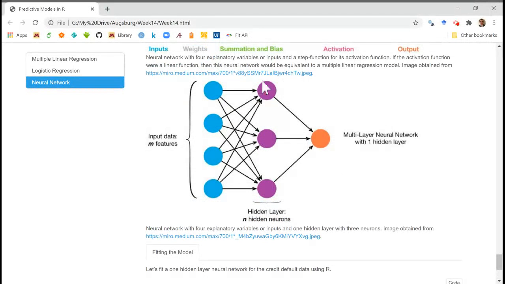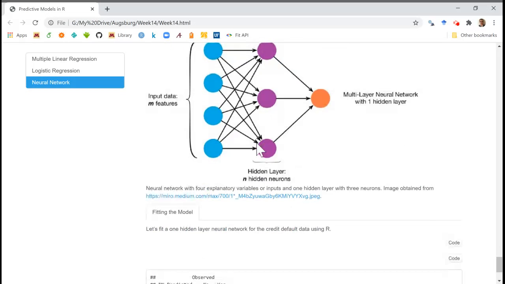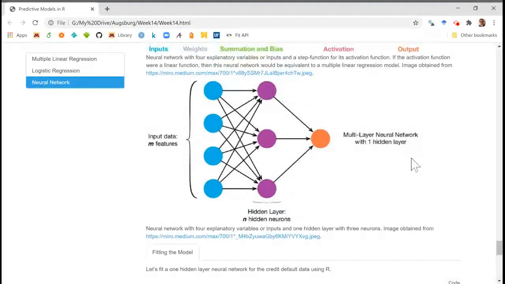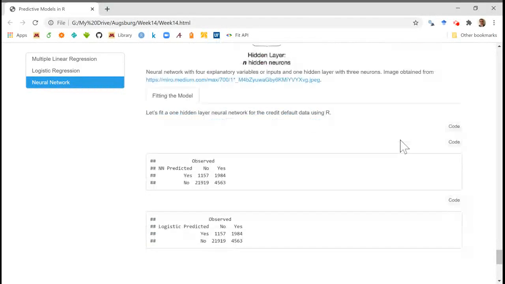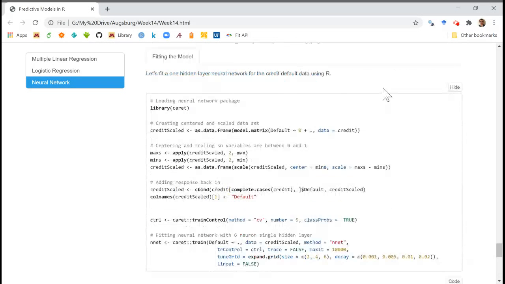So I'd like to make clear I have a pretty limited understanding of neural networks. I've only taken one class where we used them before, but I thought I'd still introduce them here for you guys today, because fitting them in R, whether we fully understand the math and how this works or not, is pretty easy. Once we know how to fit GLMs, it's relatively simple. So, looking at this code,